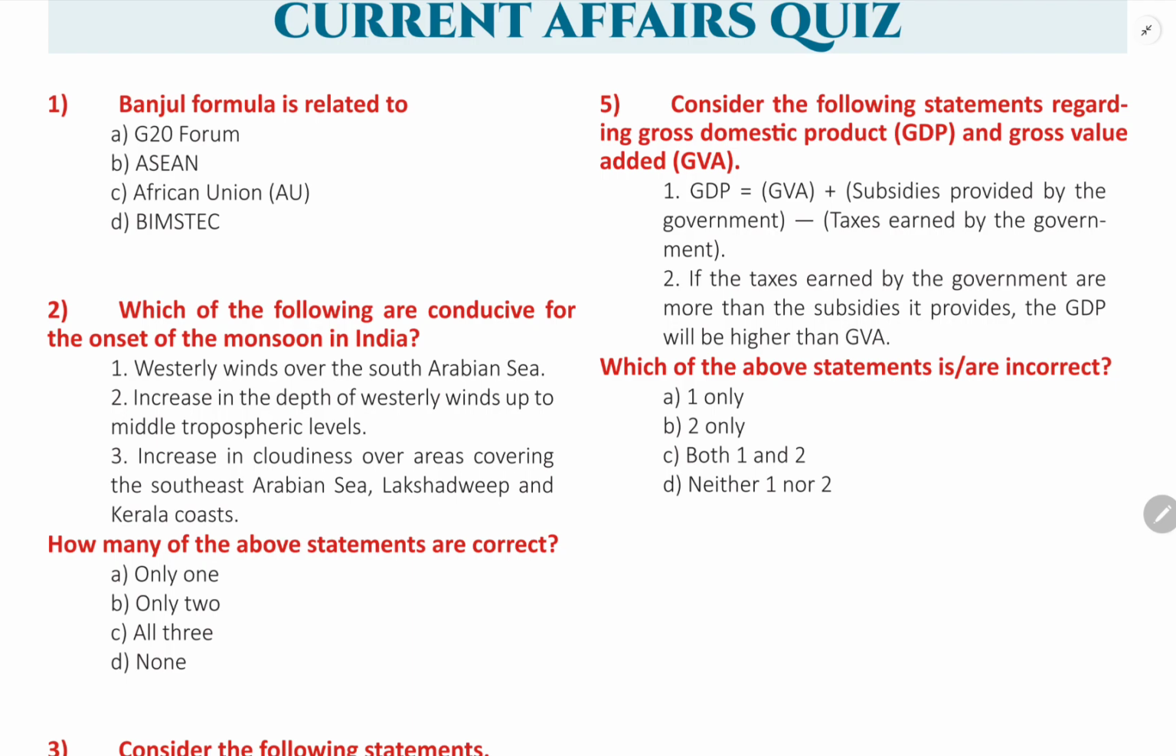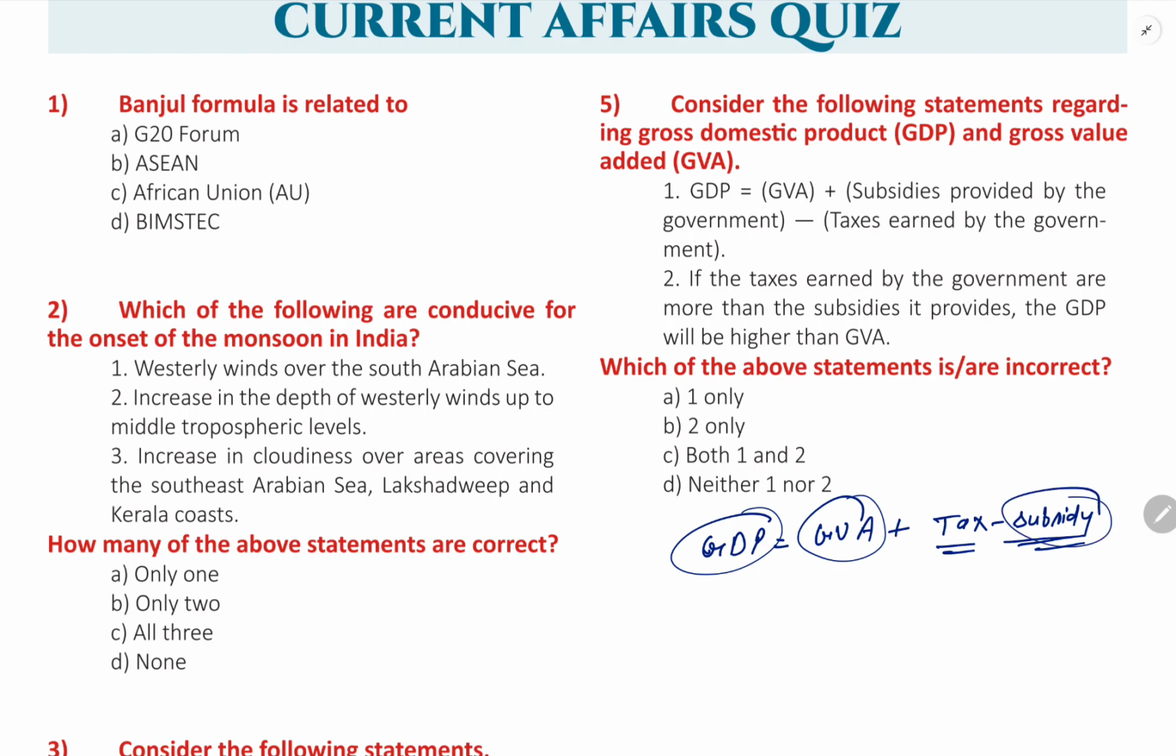Now if you look at the formula of the GDP, GDP is equal to GVA, that is the gross value addition, plus tax minus subsidy. But in this question it is written subsidy minus tax, but it should be tax minus subsidy. Why? Because the tax the government takes will be more than the subsidy. Okay, so this is the exact formula for the calculation of the GDP. GDP is everything that is